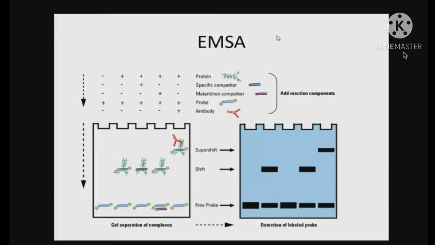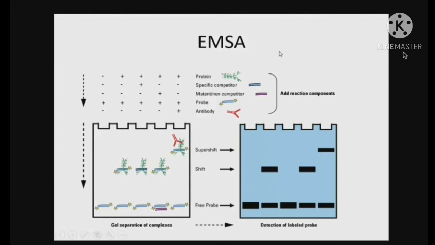If the DNA binds with the protein, or you can say the protein binds with the DNA, then the migration of that DNA will be shifted upward. It will slow down because of increasing molecular weight. You can see here a diagrammatic representation. When we add DNA alone, suppose it is migrating here. When we mix that DNA with our protein, this is the protein and this is the probe. Probe means DNA labeled with a radioactive element.